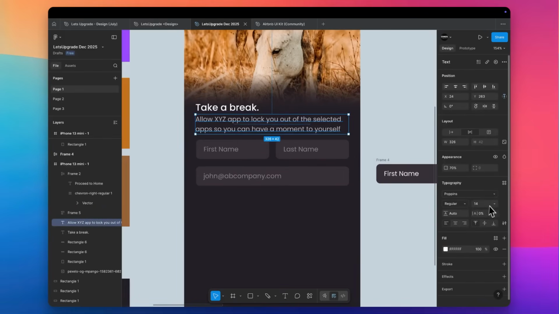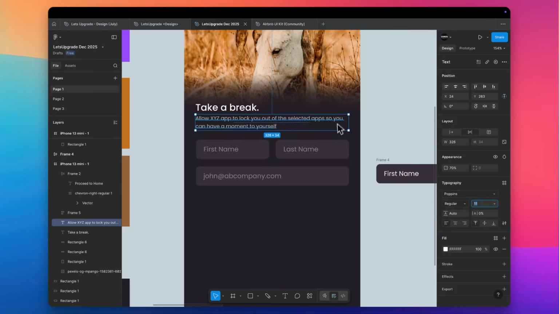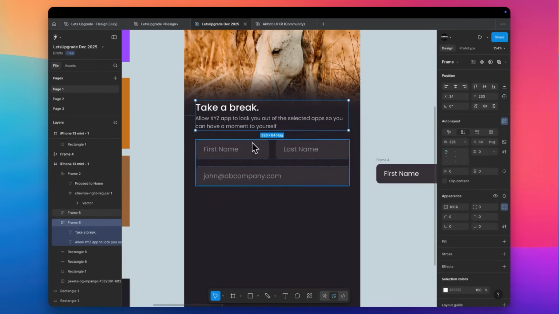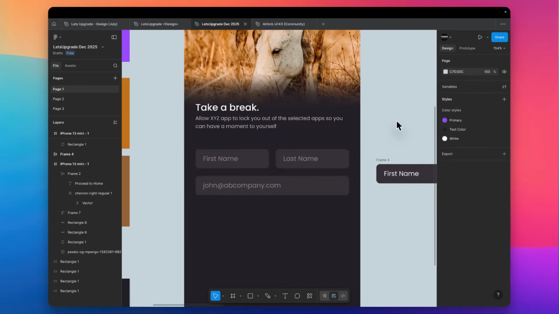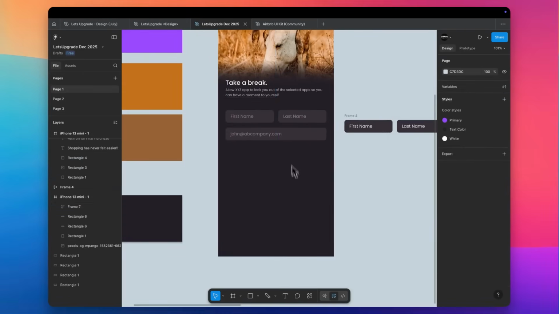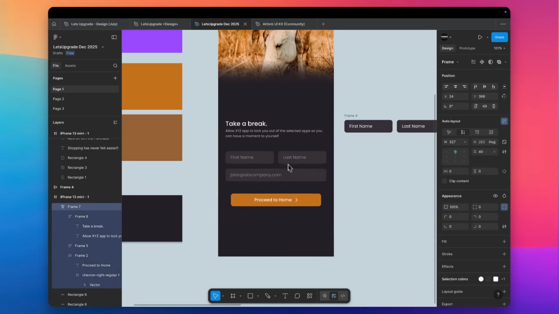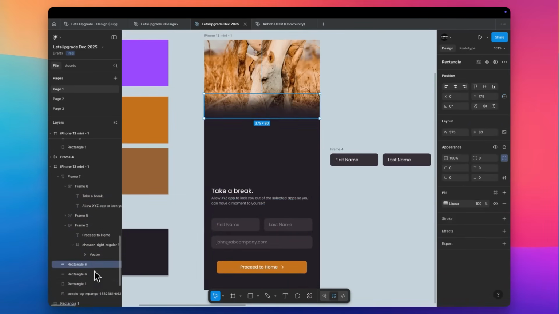So I think this font size is still a little bigger. So what I'm going to do is change it to 11, auto layout both of them, increase the gap between these two, and maybe add this button in the same auto layout. But this time, I will want to centrally align it, bringing all of this down,